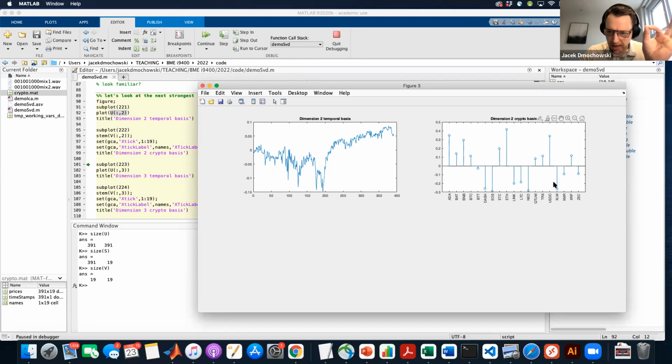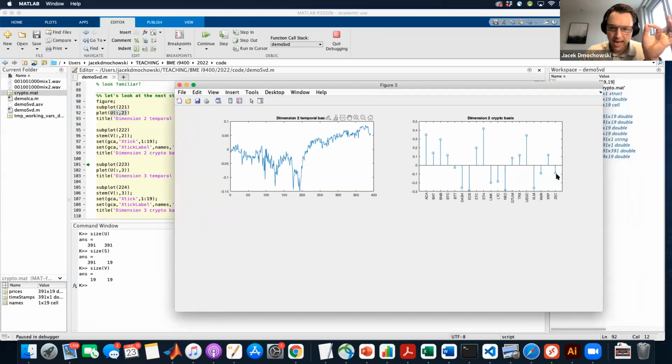And what's cool about this application of the SVD is you can tell, for example, actually, let me ask you guys. Looking at these two panels, which cryptocurrencies rebounded most strongly after this time 200 here? So this is a motif, a pattern in the data. Currencies are going down and then they started going up. And I want to know,